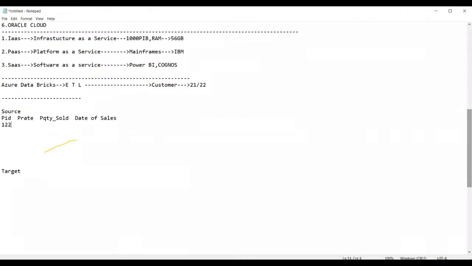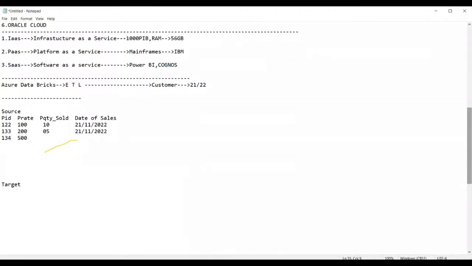Let us give the product rate as 100 rupees, and the quantity sold is 10, and the date of sales is 21/11/2022. Then the next product, the rate is 200, the quantity sold is 05, and the date of sales is 21/11/2022.